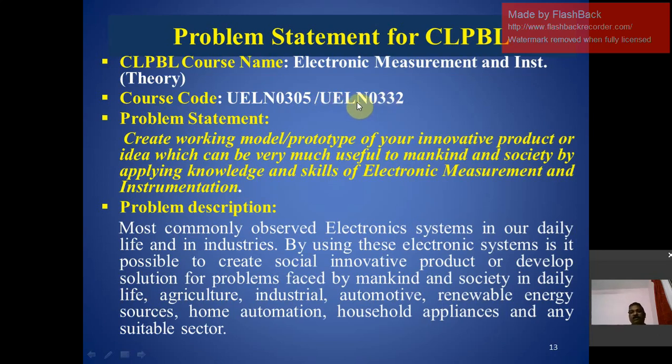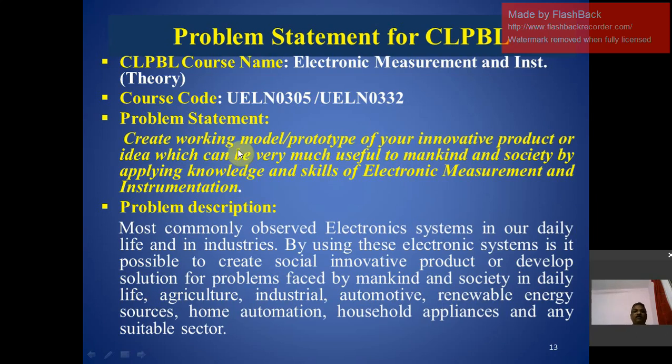So in total there are 50 marks for the practical. 25 marks are for experimental performance and 25 marks for project based learning. Here we are evaluating the project for 50 marks, and then it is converted to 25 marks.